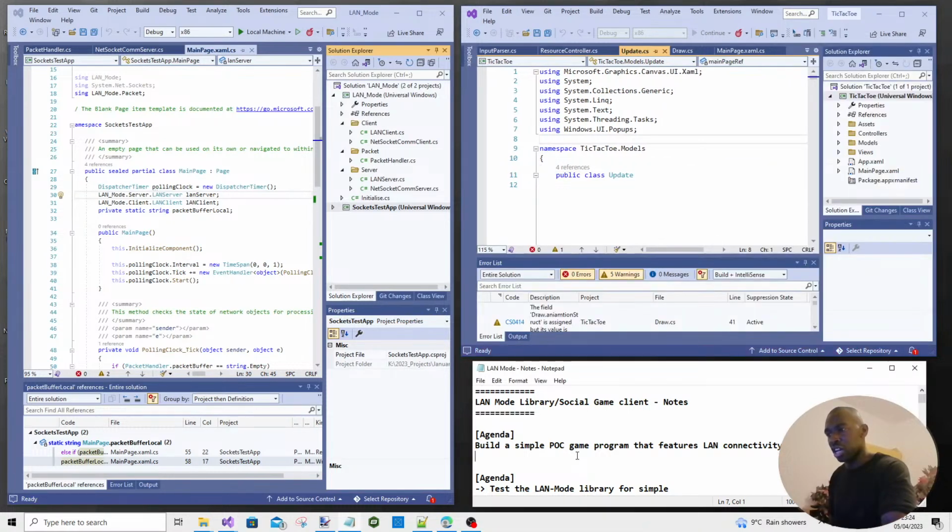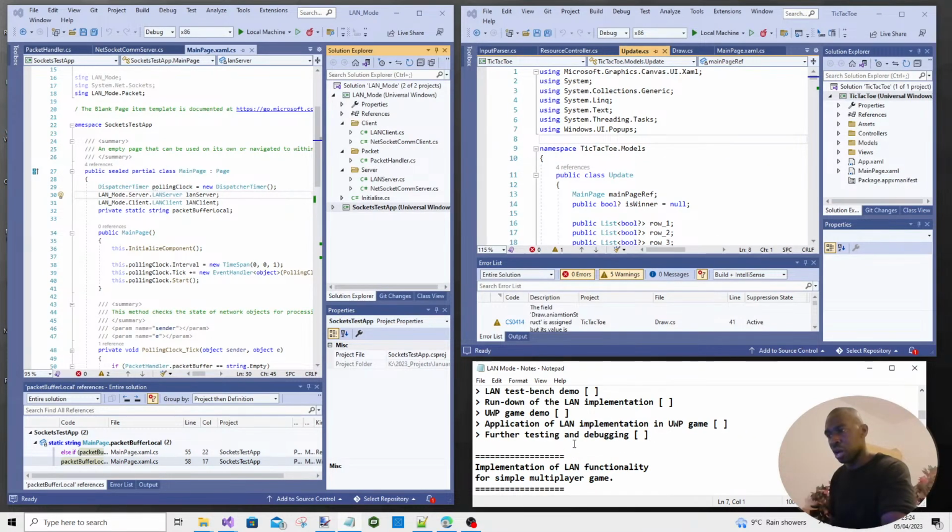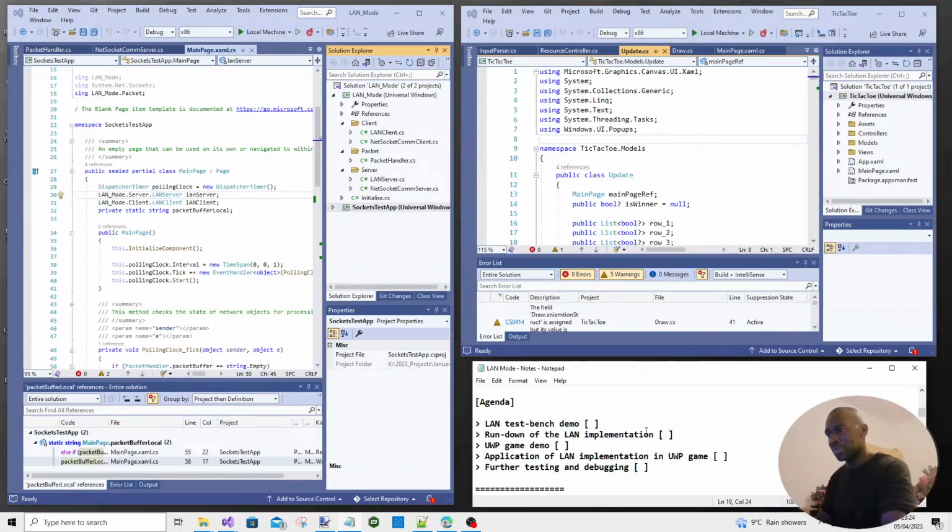I think I have a little agenda here somewhere. So where are we? We've done the LAN test bench demo. Next is a rundown of the LAN implementation. We're going to do that now. So I'm going to cross out the UWP game demo since we just did that. Going to give you guys a rundown of the implementation, and then we're going to move to actually applying, because